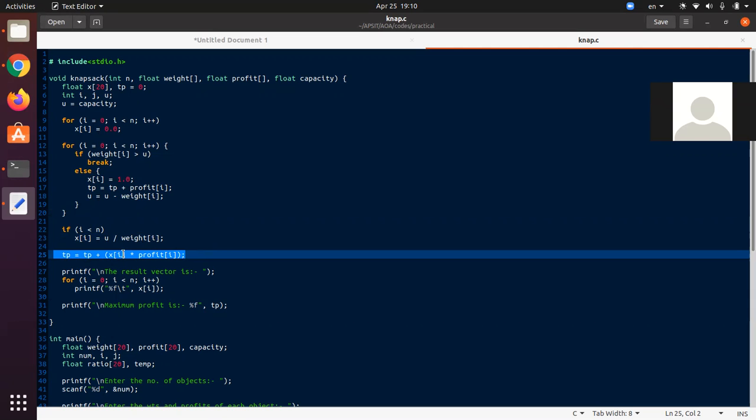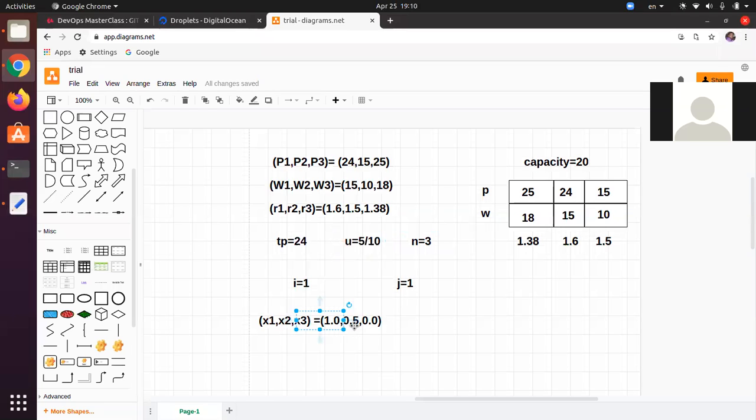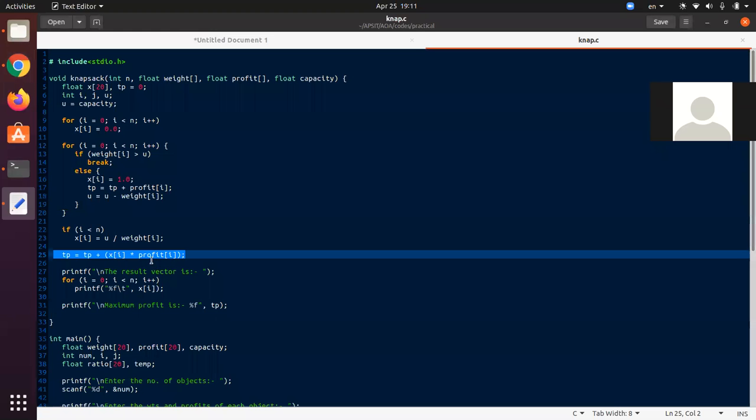As we are taking the fraction of this weight, that means out of 10 we have taken only 5, we will have to take a fraction of its profit also. If 0.5 has been taken, that means 5 has been taken from 10, then we have to take half of 15 also, because 5 is half of 10. That's why 15 also should be taken as half.